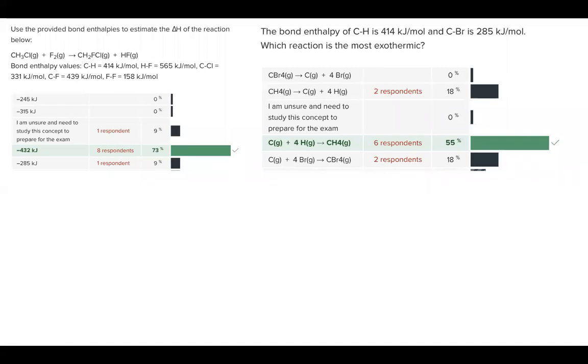Take a second, we'll send you a polling question on this one. So this one has the bond enthalpy for carbon and hydrogen with a value, and for carbon and bromine, a different value. And the question is, which of the reactions is most exothermic? And it gives 4 different examples. The way I want to phrase this one here is,